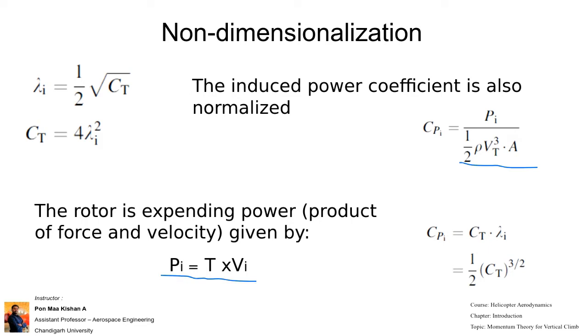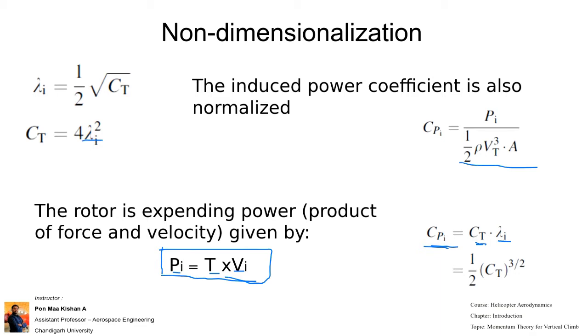Power is equal to thrust into velocity, right? So the velocity is given with respect to the tip speed here. In the same manner, if we are speaking about coefficient of power, we can convert the same power formula as coefficient of power equals coefficient of thrust into normalized induced flow, that is lambda i. Instead of Vi, we are using lambda i. Instead of thrust, we are using coefficient of thrust. Instead of power, we are just using the coefficient of power term. So Ct we have already known, right?